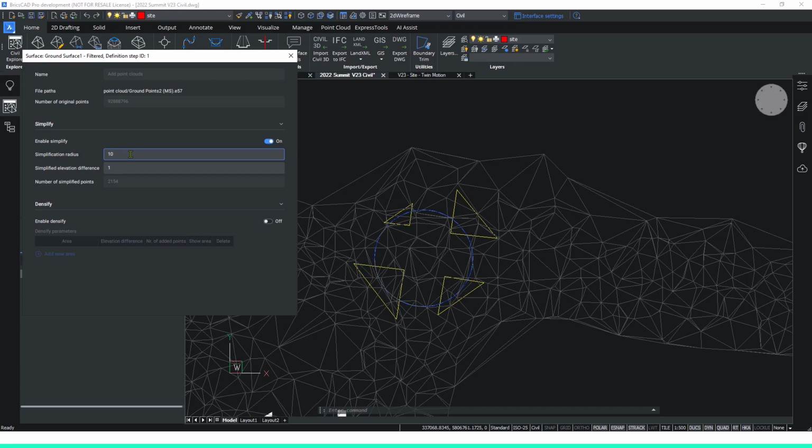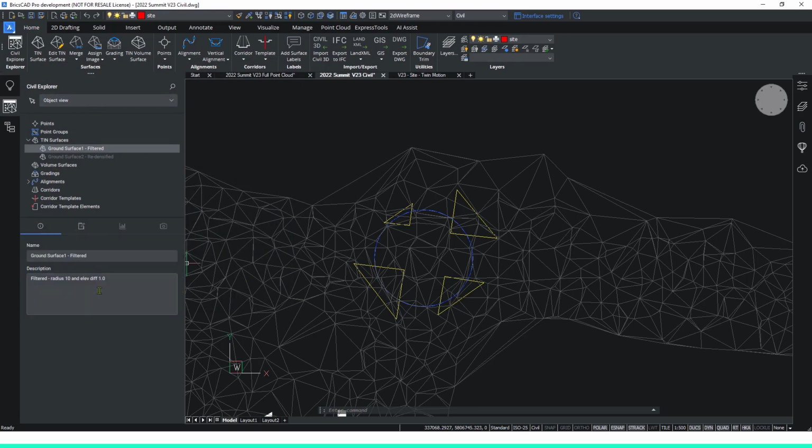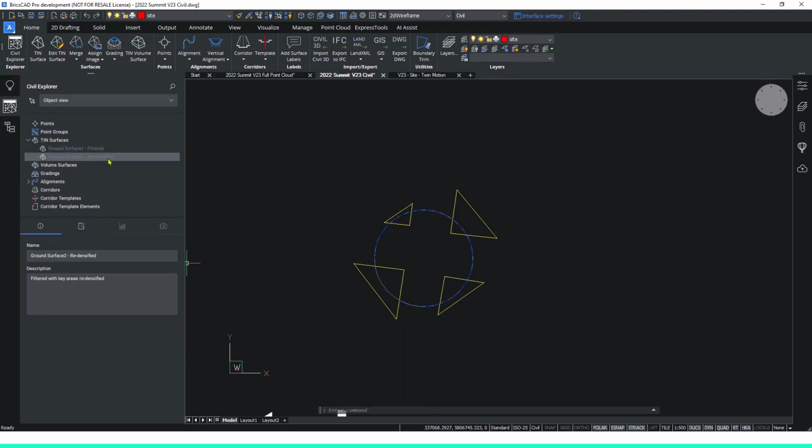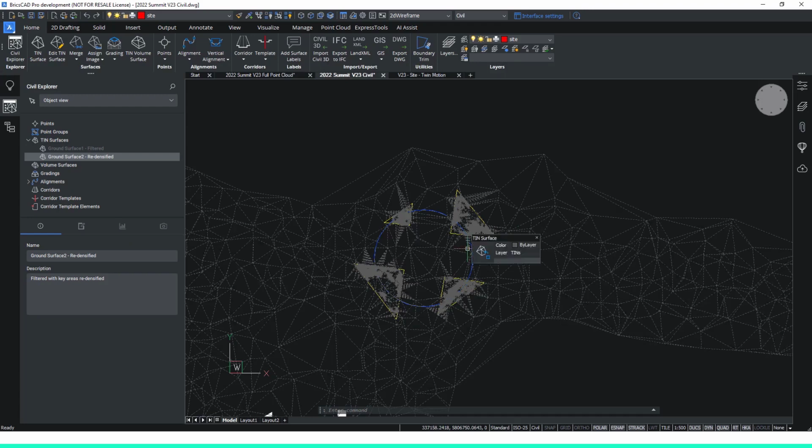So we will show the other version next. But before we do, let's look at the last tab, where in here we've typed in the names and descriptions. It's just good practice to do this in general. Let's go and turn this one off and turn on the redensified version. In here, we can clearly see that the triangles have been added to these 4 traffic islands, as we